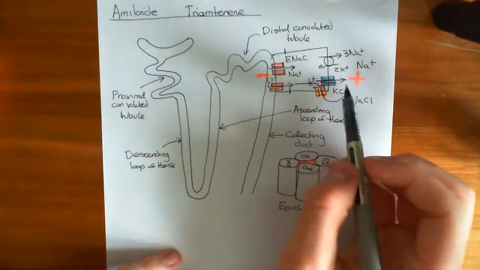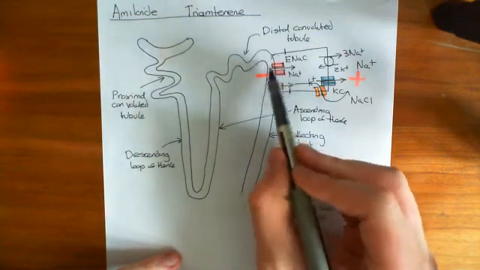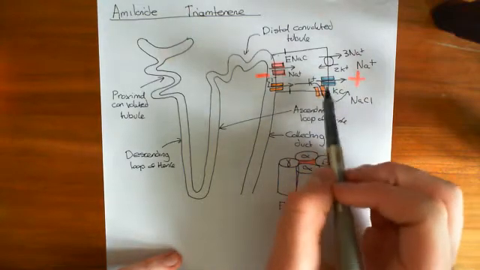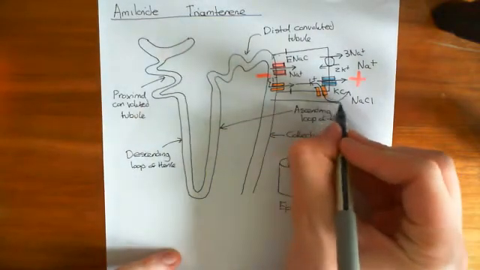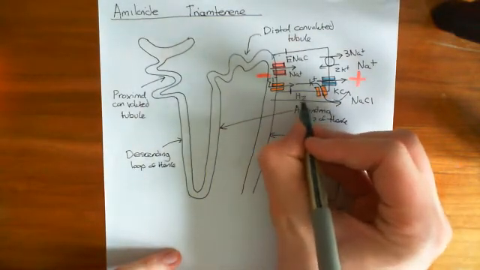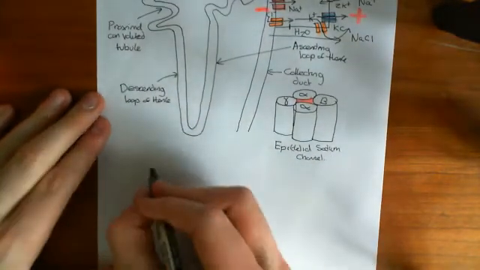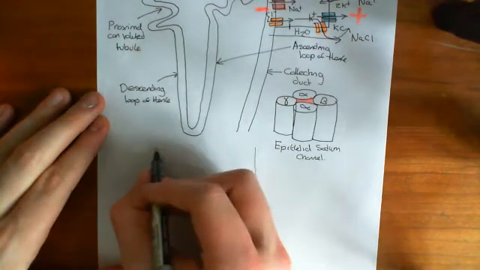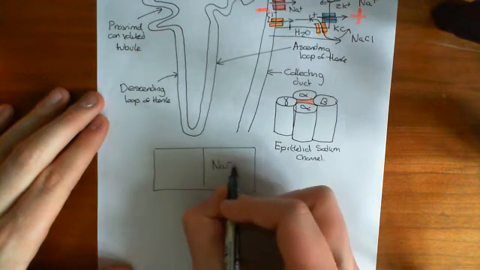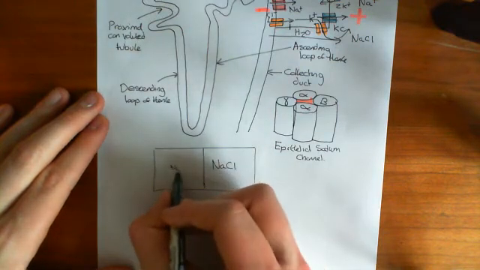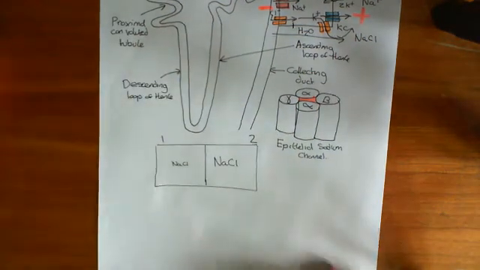So water will then move by osmosis from the area of high water potential, where the water has very little solute, to the area of low water potential, where the water has more solute. And as I've already said, my favourite explanation for why osmosis happens is that if you have two compartments, one which has a very high sodium chloride concentration and one which has a very low sodium chloride concentration. So let's say compartment 1 has a low concentration of sodium chloride, and compartment 2 has a high concentration of